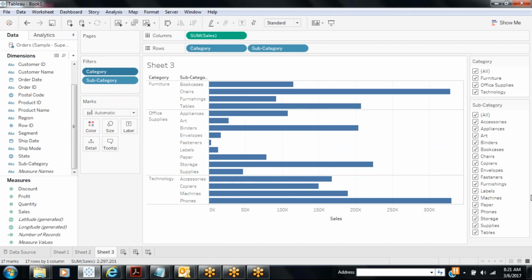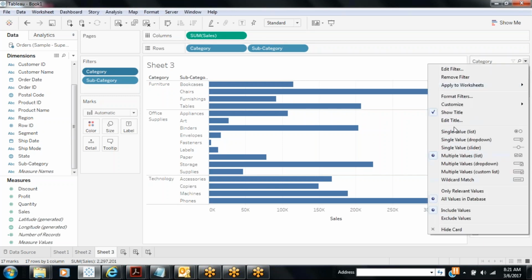So if you are applying all relevant values, then this filter is called cascading filters. If you are using these 7 options, that is called quick filters. If you are using these 2 options, the relevant values, then it is called cascading filters. Normally the cascading filters will impact your performance a little. Why? Because normally when you are keeping multi-mark visualization, or placing more fields in your filter shelves